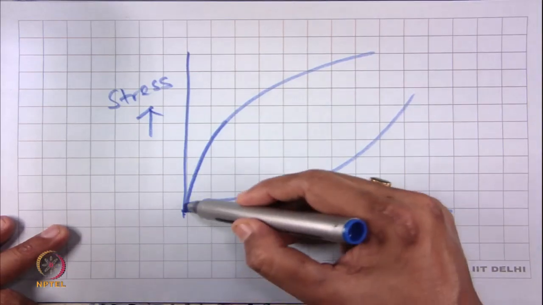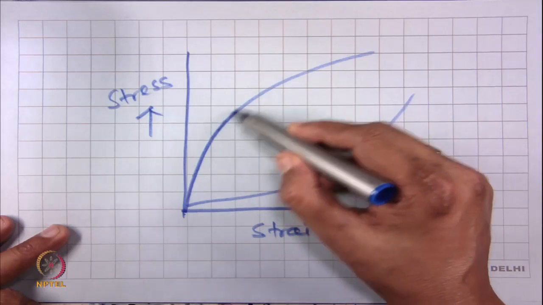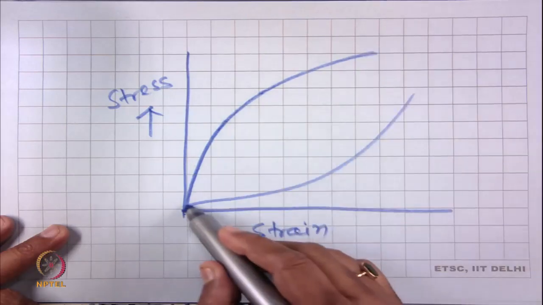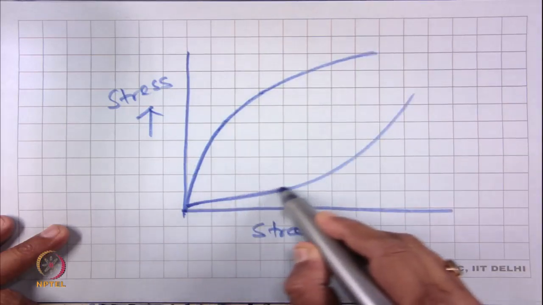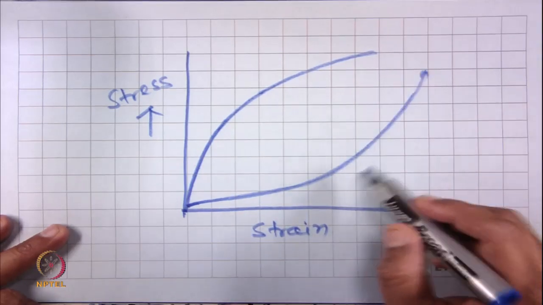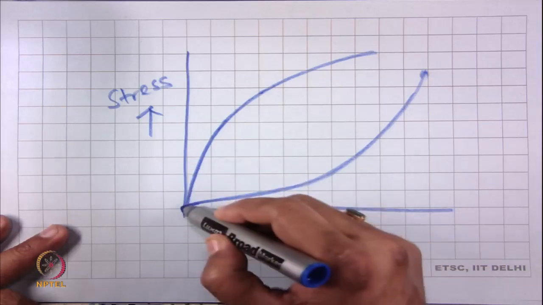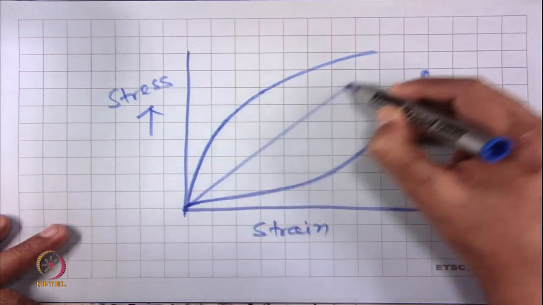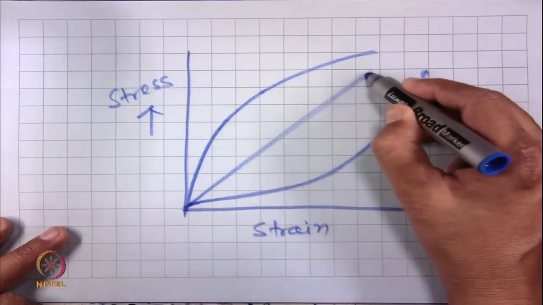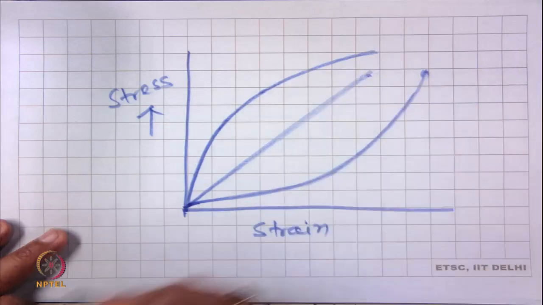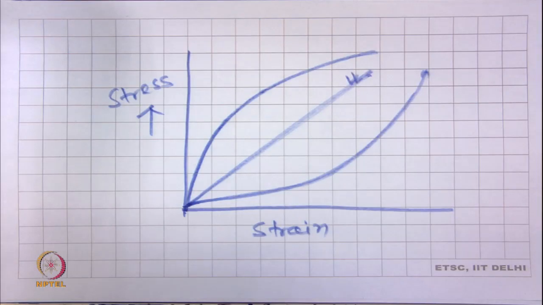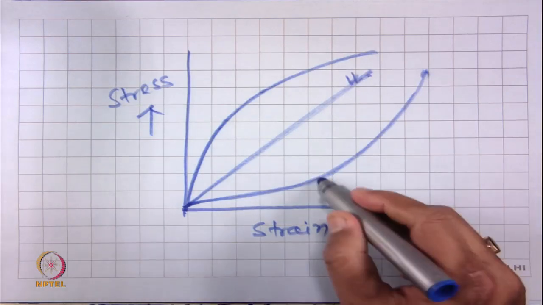So, initially it will take higher stress, then gradually it will break due to the bond breakage and all this, and it will have another yield. So, initially there will be extension, then it will increase. Okay. And there is an ideal curve which will increase as a straight line, that is the ideal elastic material, which will straightaway increase, although the textile material will not follow this one. Either it will follow this type of curve or this type.